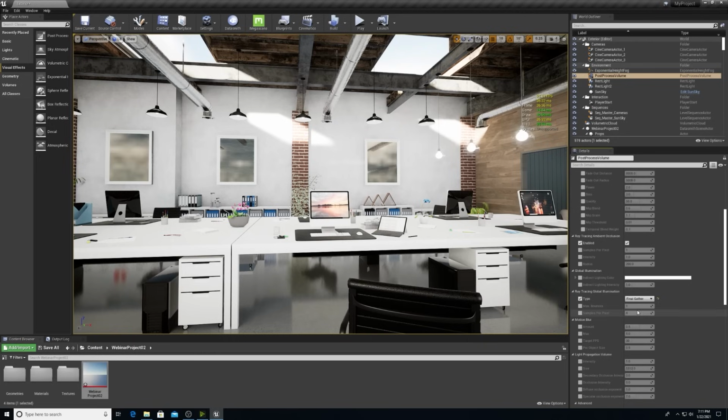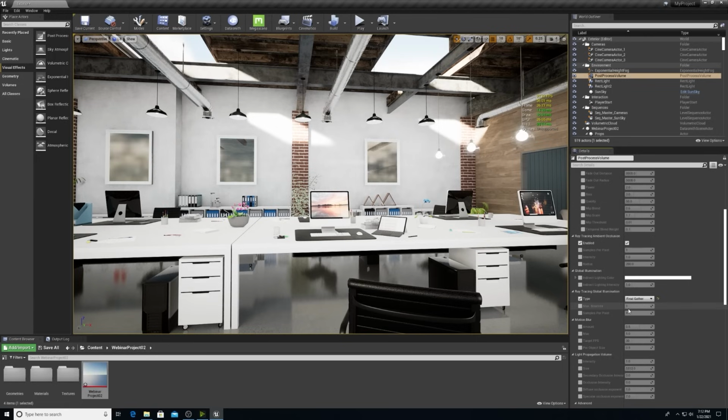If you're looking for something a little more accurate, brute force will be the setting to use. However, it will be a bit more expensive in terms of performance. You'll see that when I filter through these different settings, that the frame rate is changing. So as we are working, it's going to be about proceeding with the right quality and performance. It's about finding the right recipe for that.